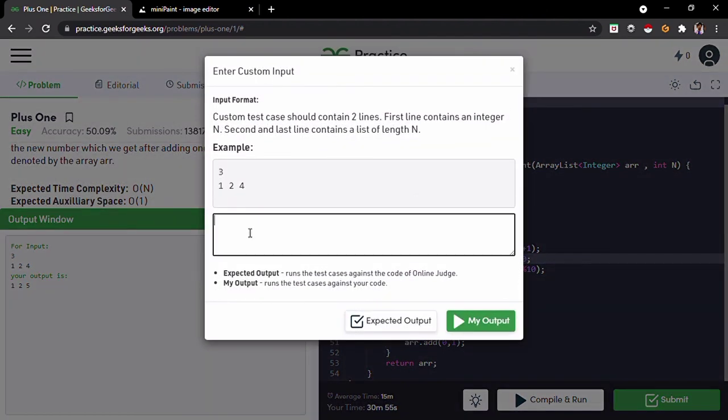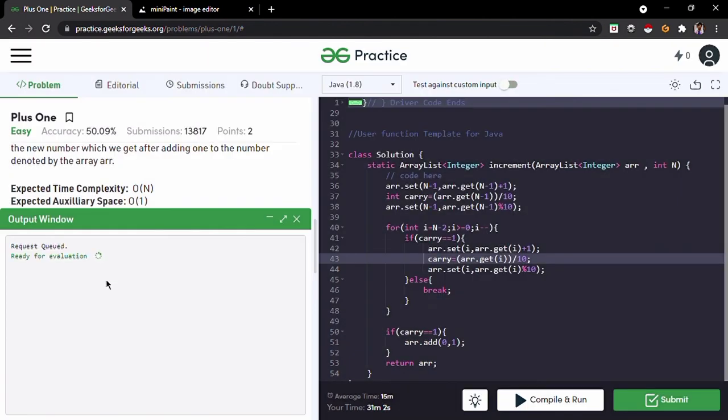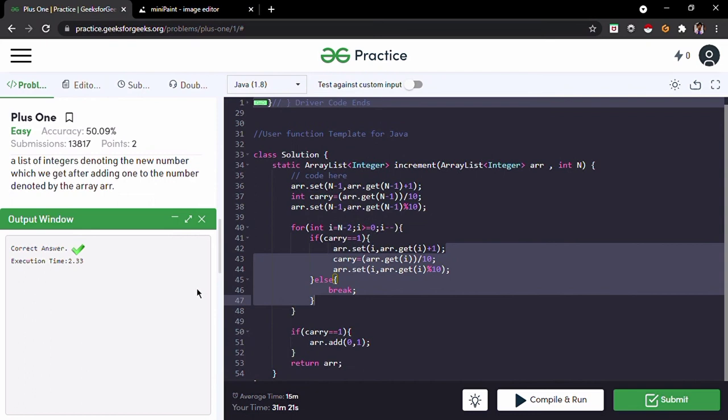Let's enter 49999. Then what output did we get? Okay, we got our correct output, so we can submit this code. Let's see whether it's accepted or not. Yes, our code has been accepted and we got 2 points for this problem.